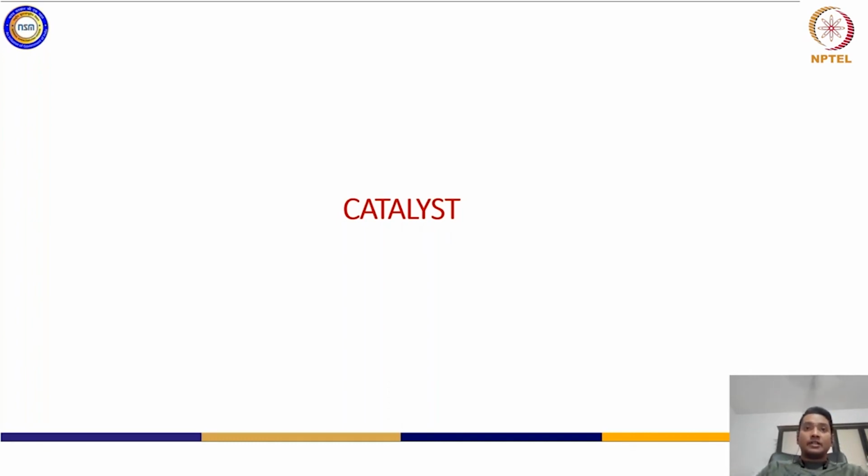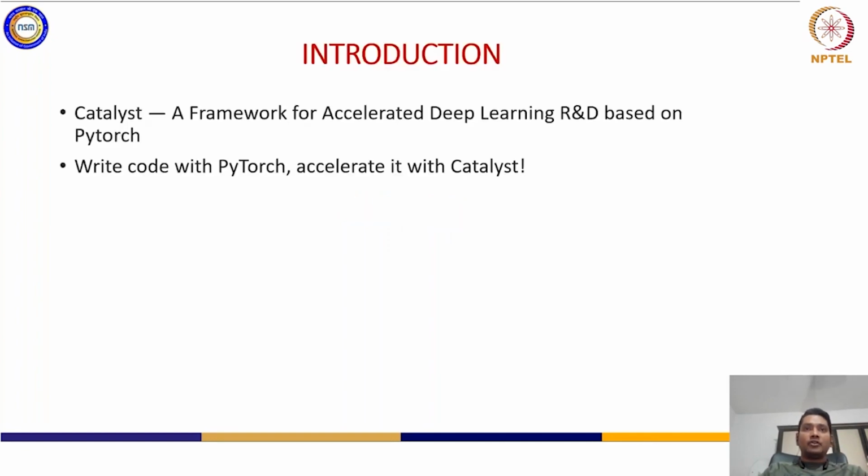The development was started in 2016, but it is now very mature, and a lot of research and development pipelines use Catalyst. So it is necessary nowadays to understand this framework. This is a framework for accelerated deep learning and R&D based on PyTorch.